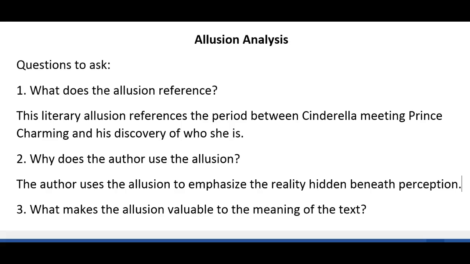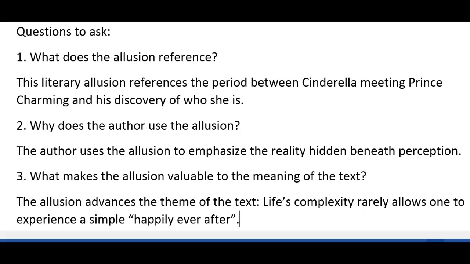So there is a contrast between what we should feel and what we feel. And so it advances the theme. One of the themes is life is not usually a simple happy ending. The allusion does advance the theme of the text, which is essentially that life's complexity rarely allows one to experience a simple happily ever after. Better able to analyze the importance of the literary, biblical,